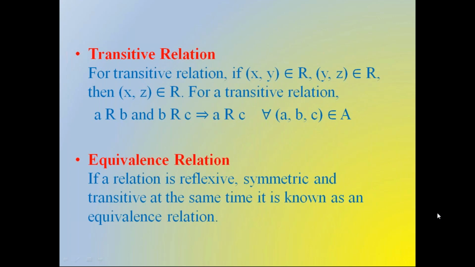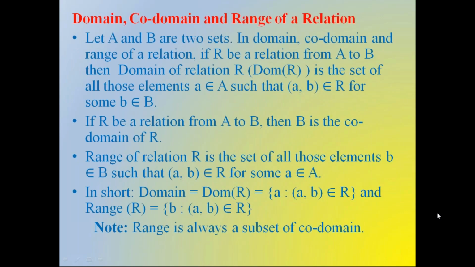The next topic is the domain, codomain and the range of a relation. Let A and B be two sets. If R is a relation from A to B, then the domain of relation capital R is the set of all those elements a belonging to capital A such that the ordered pair (a, b) belongs to capital R for some element b belonging to capital B. Let R be a relation from A to